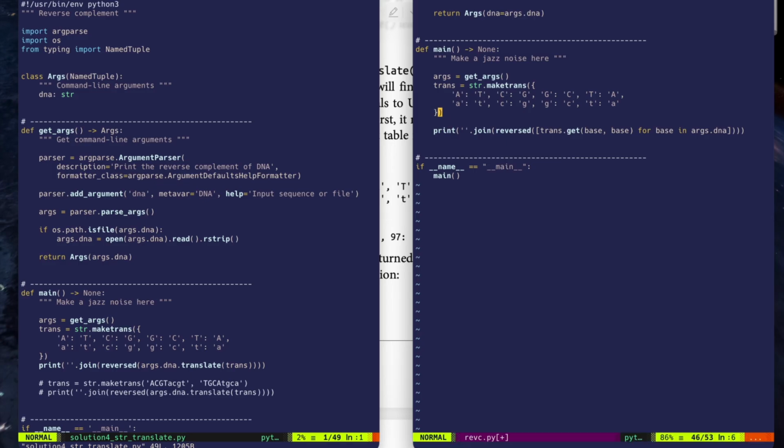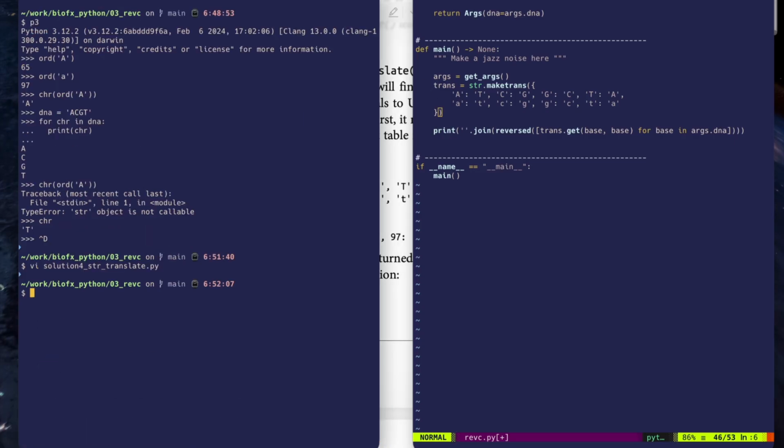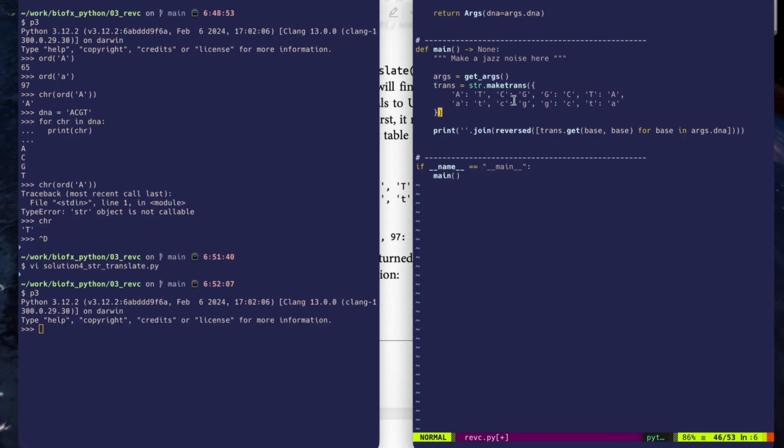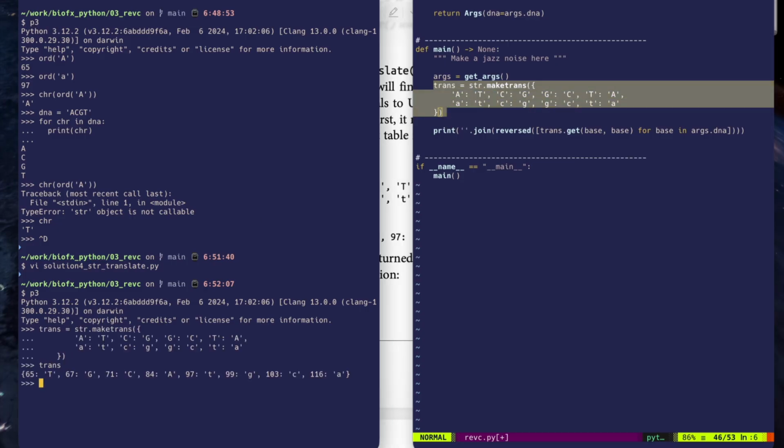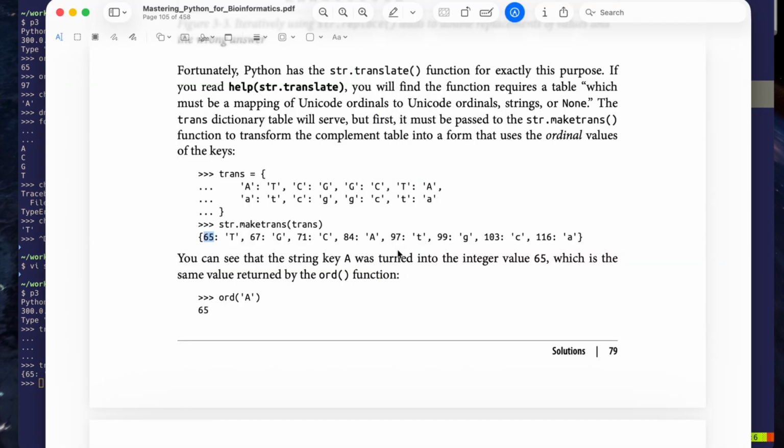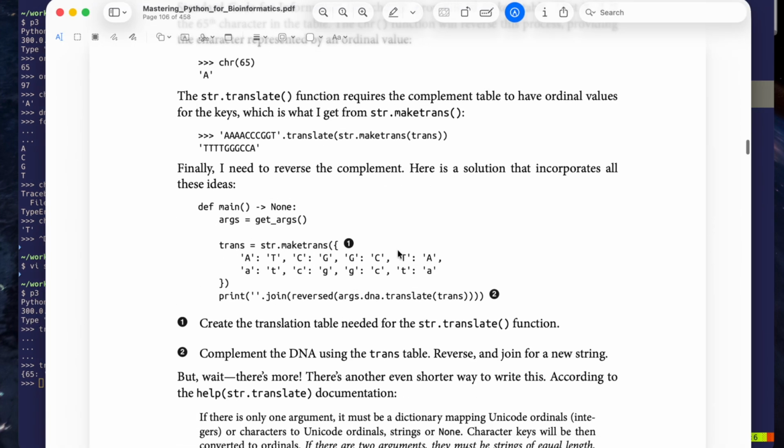And now we have a translation table. And we can look at that in the REPL if we want real quick. We don't have to import anything because we're using the string class, which is built in. And if we look at trans, it has indeed been turned into those Unicode ordinal values. And so we can now